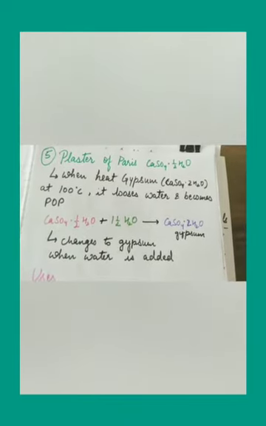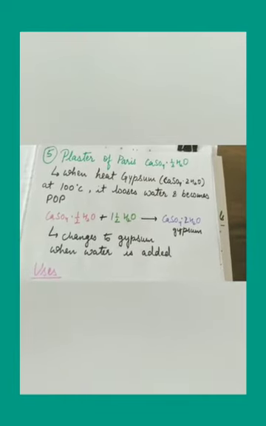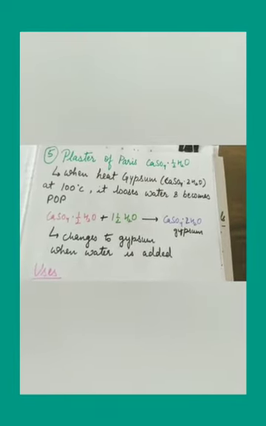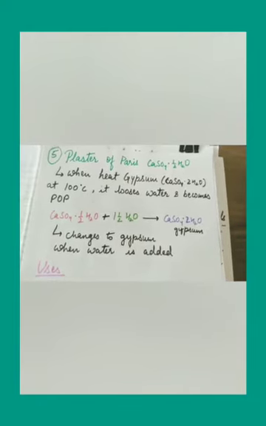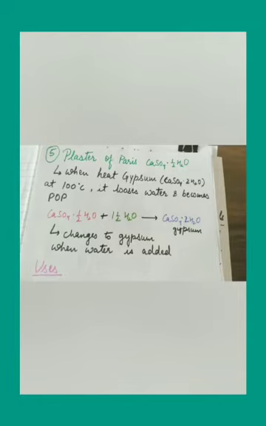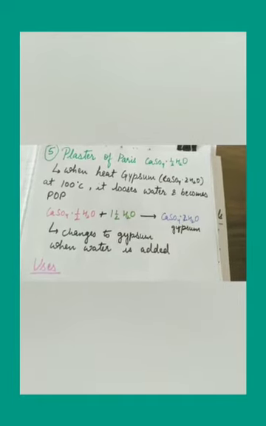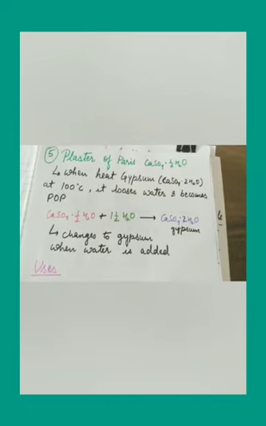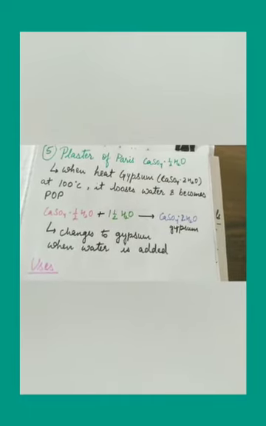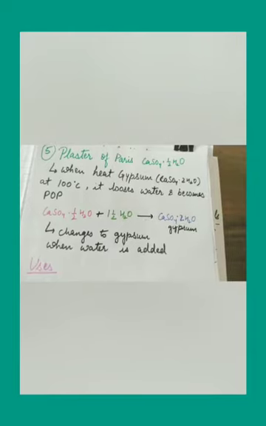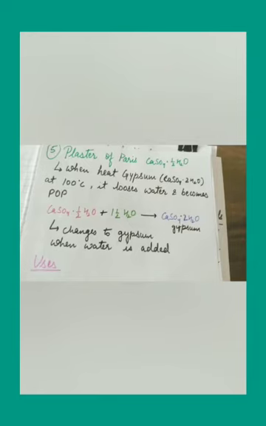Now next chemical is plaster of Paris. Plaster of Paris you also call as POP, right? Plaster of Paris is CaSO4.1/2H2O. That is, half molecule of water is combined with calcium sulfate chemically. And when it is heated, what is formed? CaSO4.2H2O at 100 degrees loses water and becomes POP. Okay. When gypsum is heated, that is CaSO4.2H2O, it forms plaster of Paris.